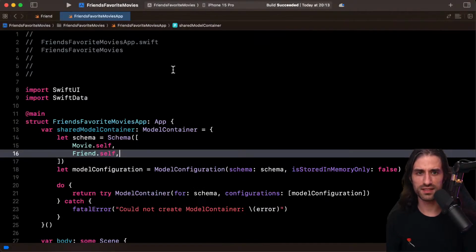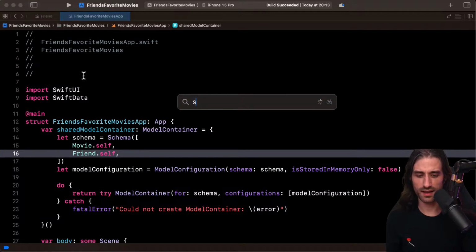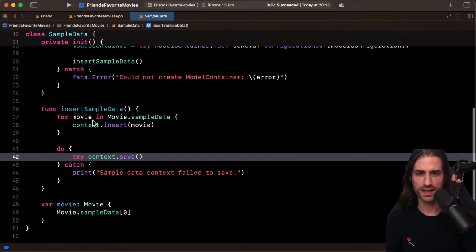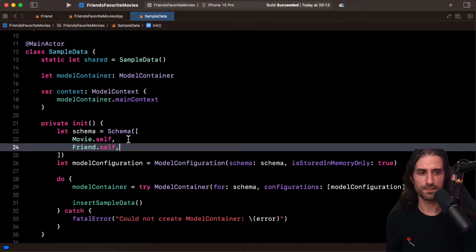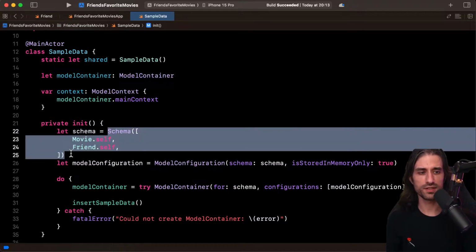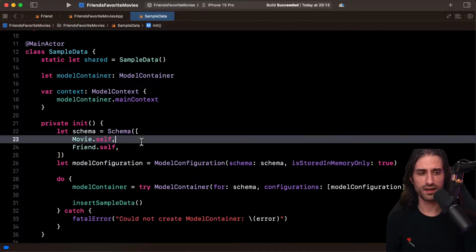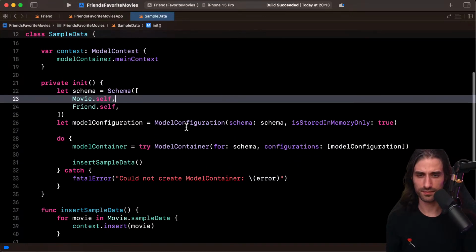So here we can see something. It's the fact that, so we go into sample data, we need to declare the schema in two places. In a real app, I would really recommend that you store this schema in a single place, in a constant somewhere, because it's so easy to add it somewhere and forget it somewhere else. And I wouldn't recommend having two pieces of schema that live in two separate places in your app.